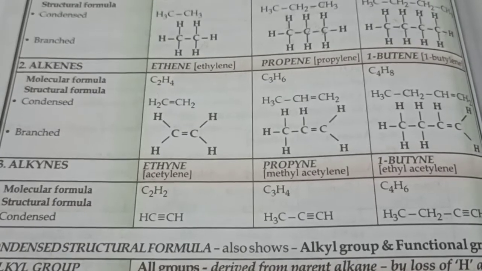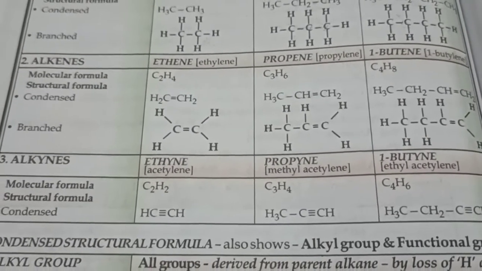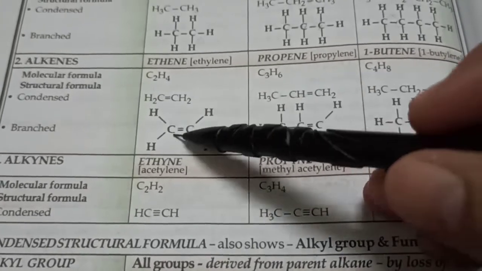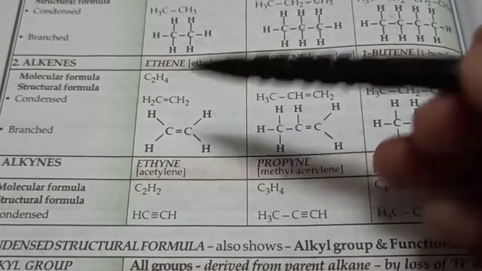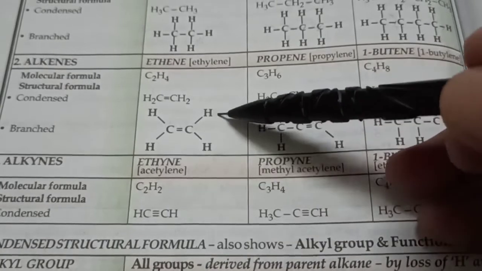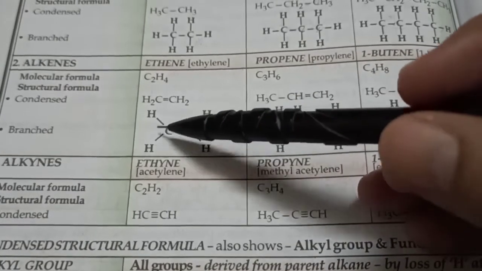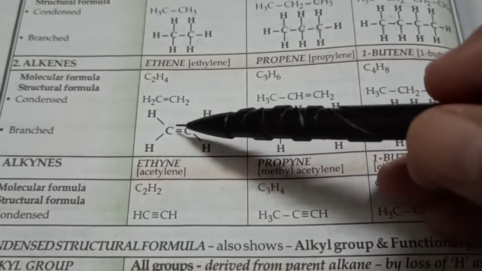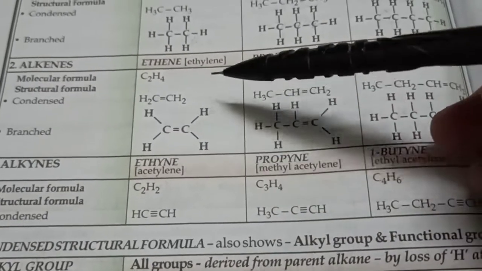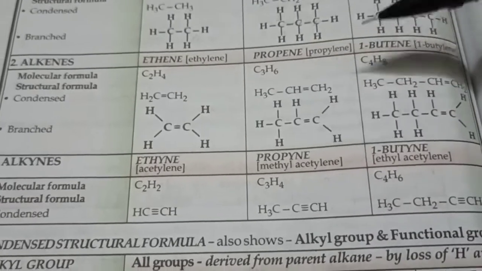So how to draw the structural formula? Well, we have 2 carbon atoms, so double bond here. And hydrogen, it's easy to find out how many hydrogen atoms will be there because each carbon atom can have only 4 bonds. So double bond here, so single, single here, and single, single here. 4 bonds, check. 1, 2, 3, 4. Yes, perfect. So the formula is C2H4.